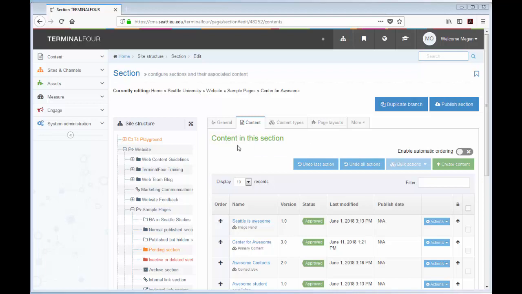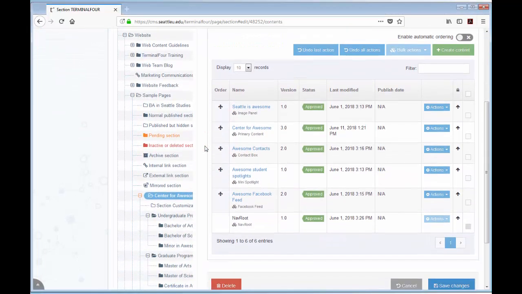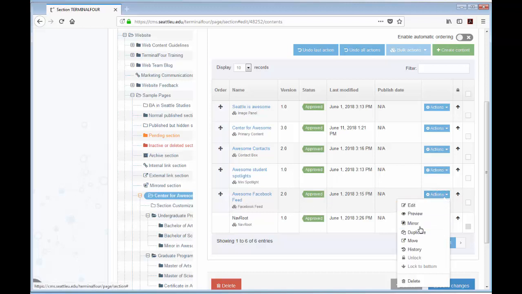Another great feature of Terminal 4 are the mirror and duplicate options. Let's start with mirroring. Let's say you have an important piece of content that you wish to have an exact copy of in multiple locations. Say, for instance, this Facebook feed content item. Instead of creating multiple separate copies in multiple locations, we can click Actions, Mirror, to mirror this content item to